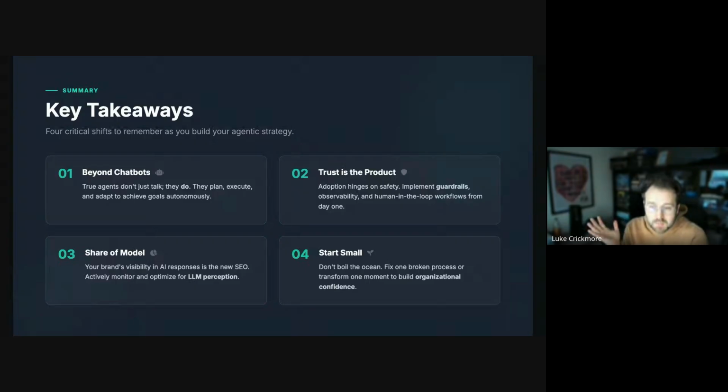Trust is so important for these tools. So you need to trust not only that the output that you're going to get from these tools is good, otherwise you'll stop using them. And to do that, you need to invest the time up front to actually make sure that these tools know exactly what they should be producing and what good looks like and what bad looks like. But also trust